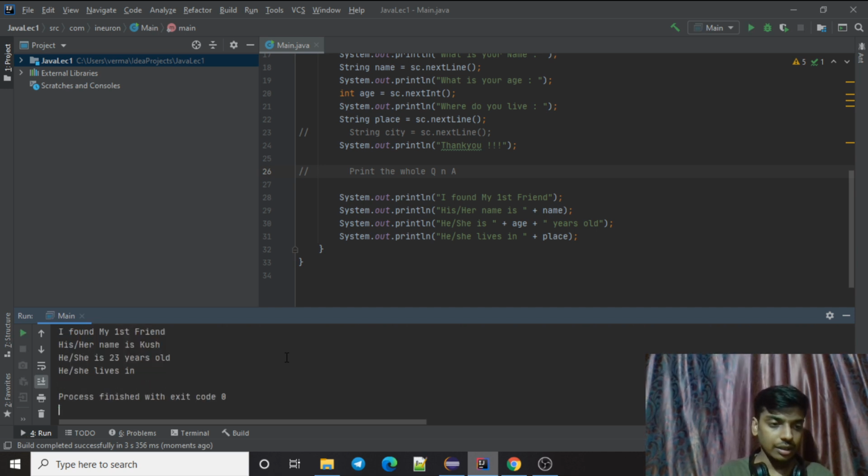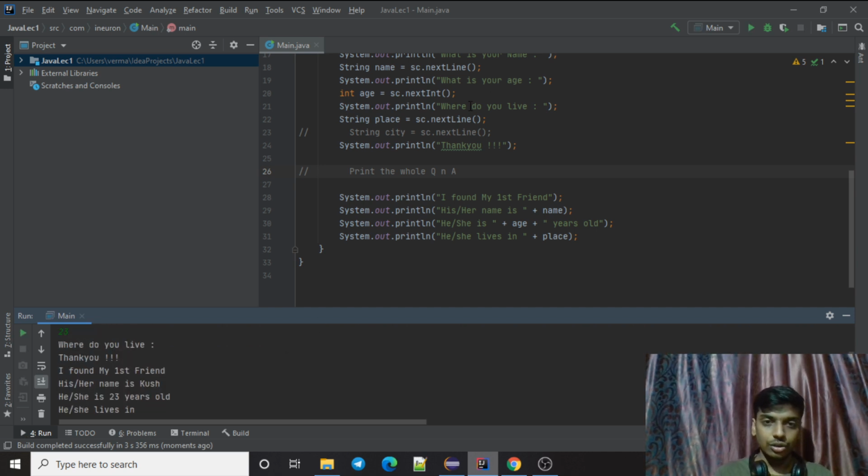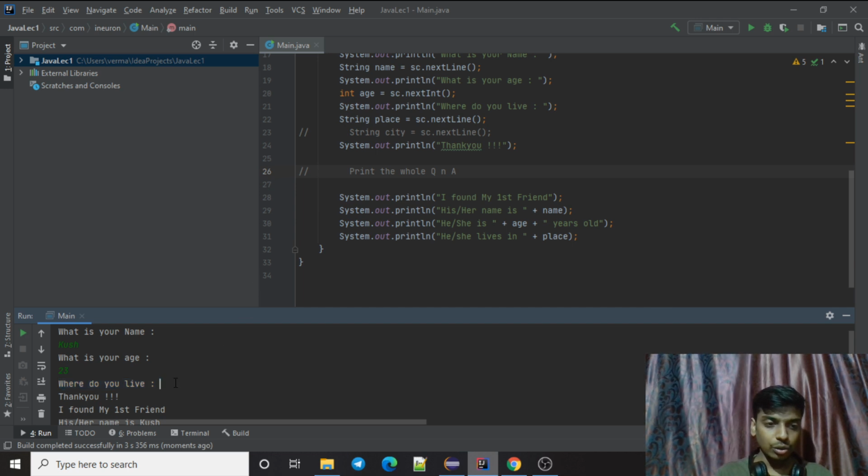is 23 and good. So if you can observe, my console is not stopping to get the input of where do you live. Ideally it should stop after printing this. When it executes this command, it should stop for the input from the user.